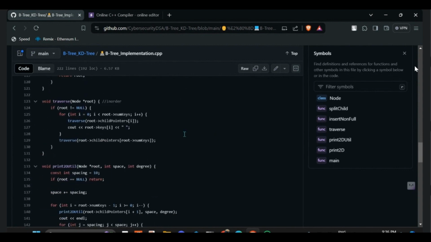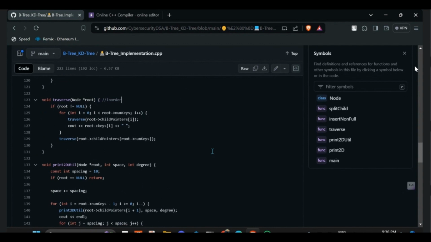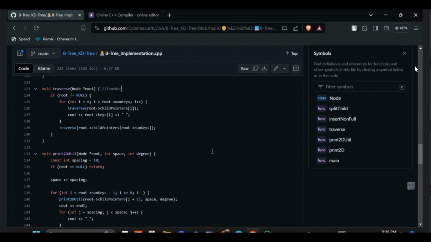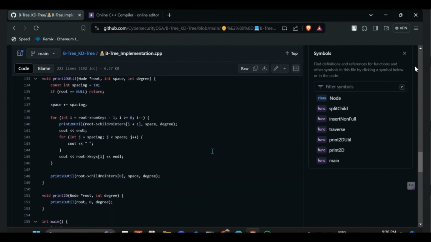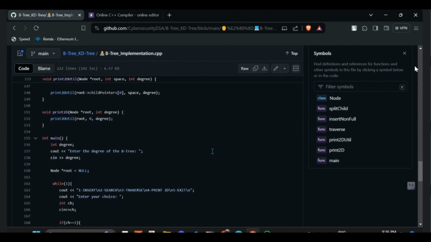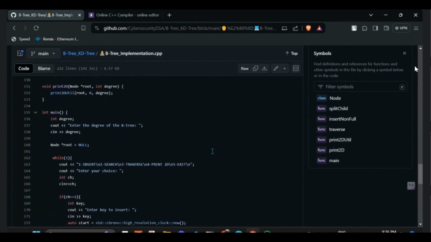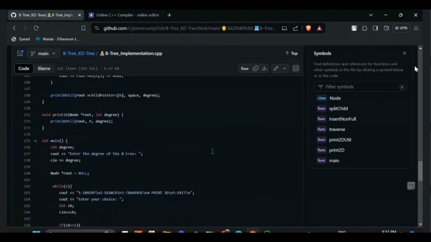And then traverse, as usual, traverses through the children first. It traverses through the root node and then to its children, and if that child doesn't have any other child, it comes back again to the root node and then to the next child. So recursively it happens. And then the print 2D util function is used in the print 2D function. It is called by the print 2D function, and the print 2D util function is used to